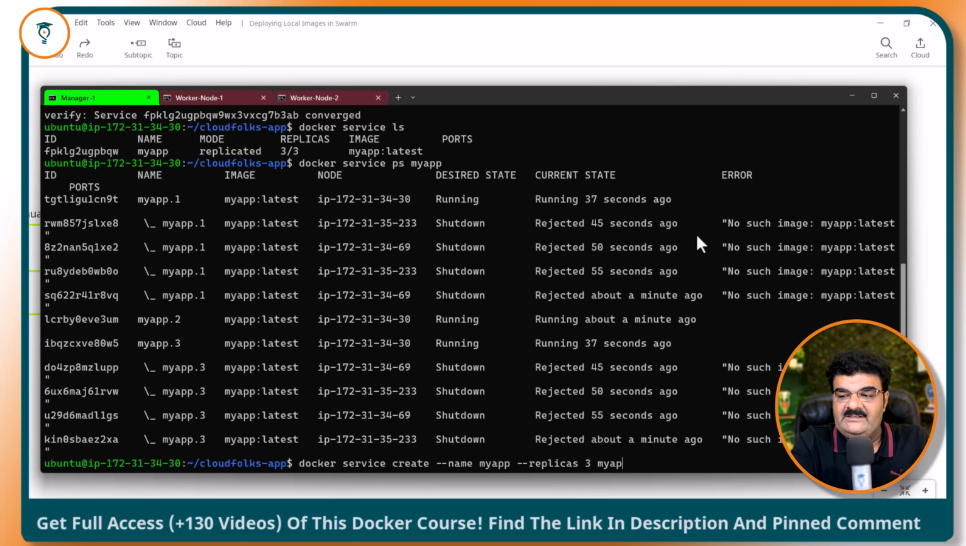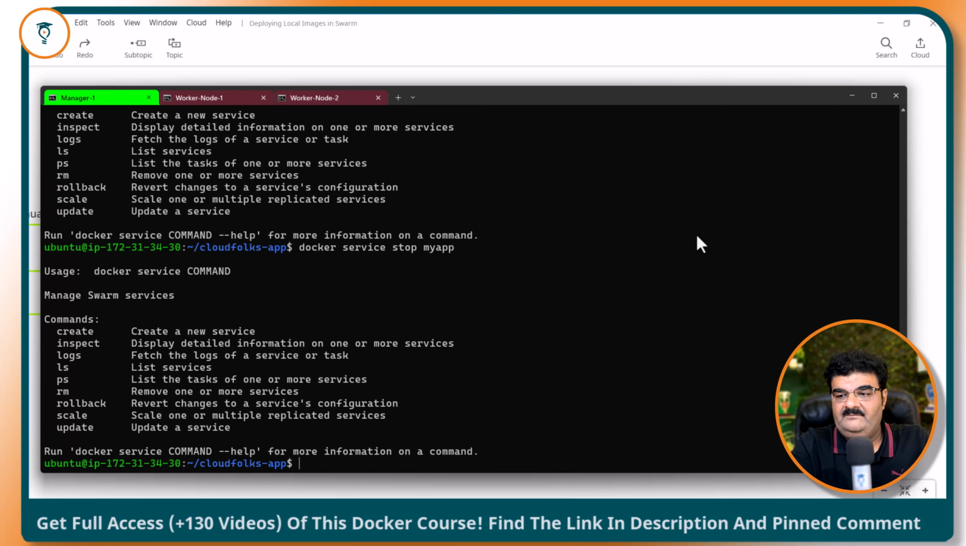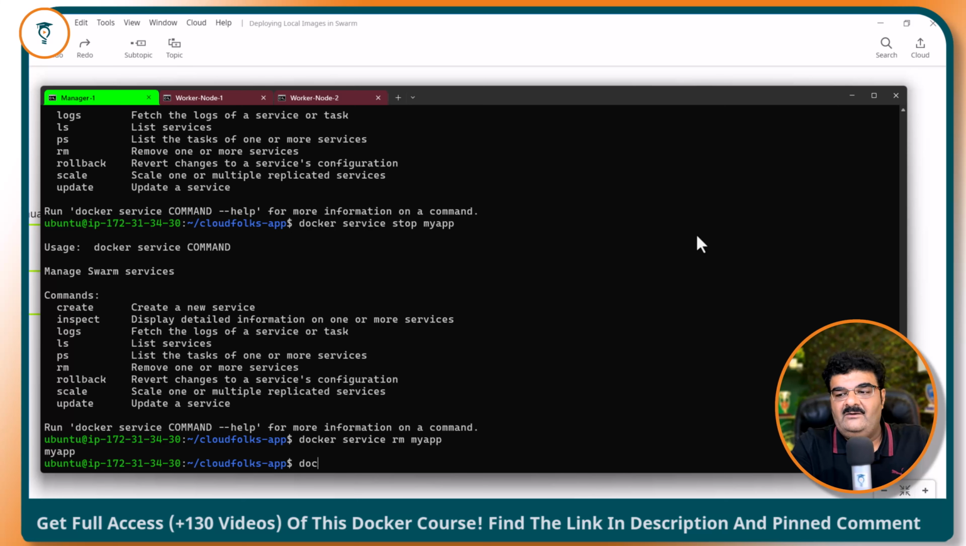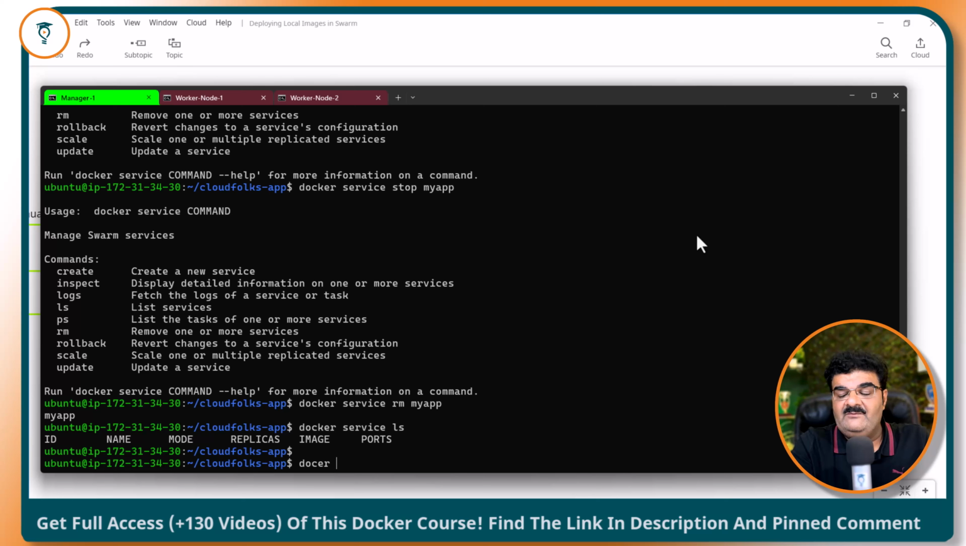Let me clear this service as well. Docker service stop my app. I'm going to stop this service. Okay. Sorry, docker service rm my app. Yeah. So now docker service ls. We don't have any service. If I'm going to give the command,